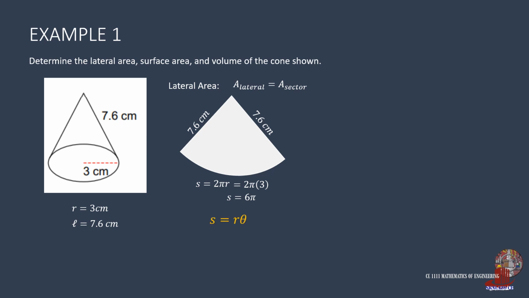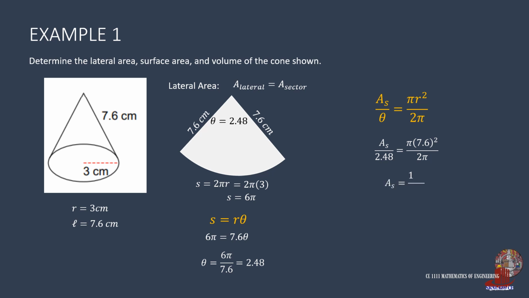With the arc equation, S is equal to r theta, place the given value 6 pi as equal to 7.6 theta. So theta is then taken as 6 pi all over 7.6, which is then solved as 2.48. Knowing the radius and central angle of the sector, we can use ratio and proportion to solve for the area of the sector. We have the area of the sector is to 2.48 as pi times the square of 7.6 all over 2 pi, where A sub s becomes 114 over 5 pi, or